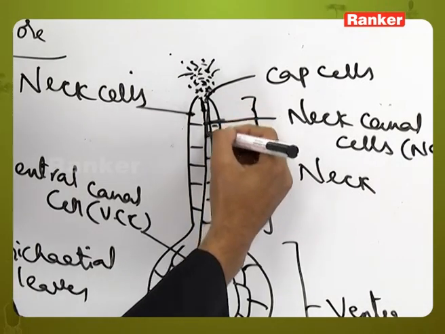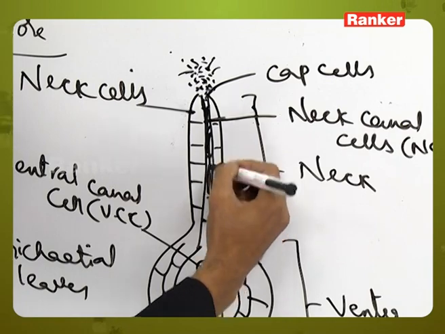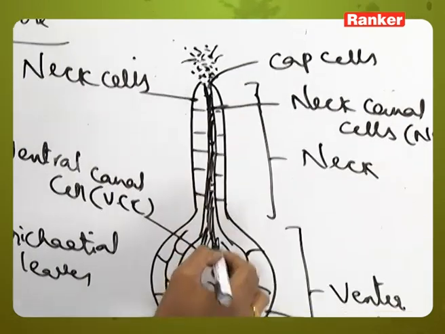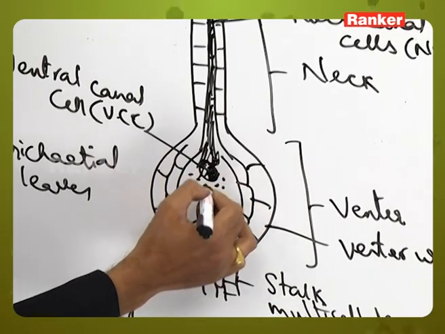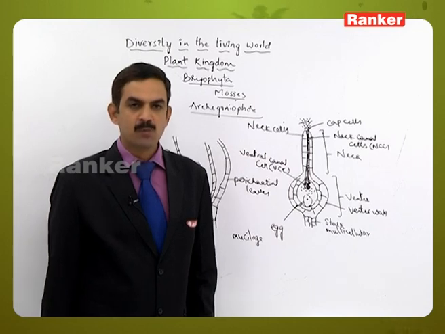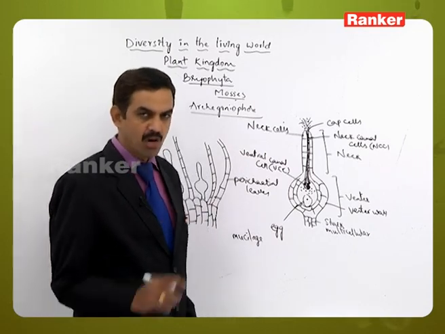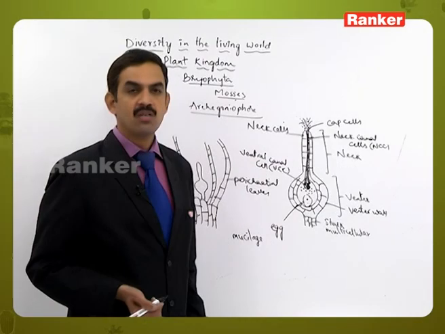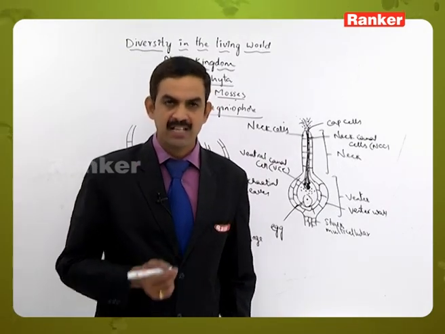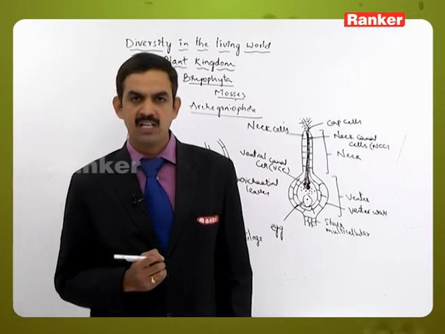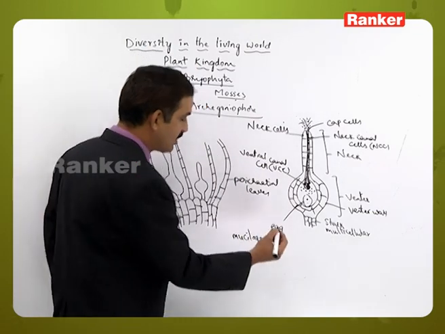When it dries up, this entire mucilage will go inside, and in the meantime along with that mucilage the spermatozoids will also enter into the venter of the archegonium. Many spermatozoids will enter, but out of all of them only one spermatozoid will fuse with the egg cell to form the zygote. That is, fertilization will occur inside the venter of the archegonium, and the zygote is also formed in